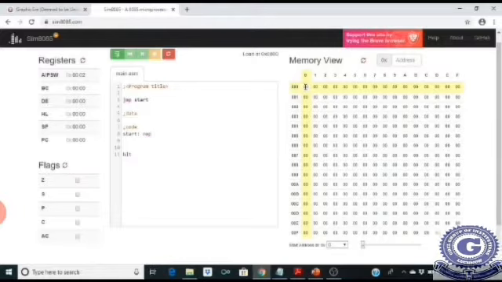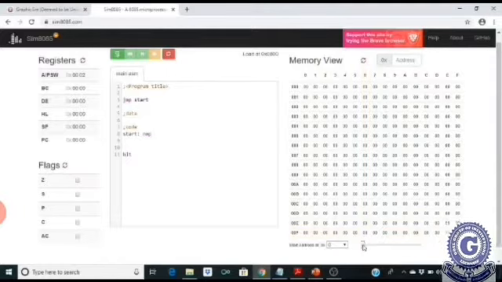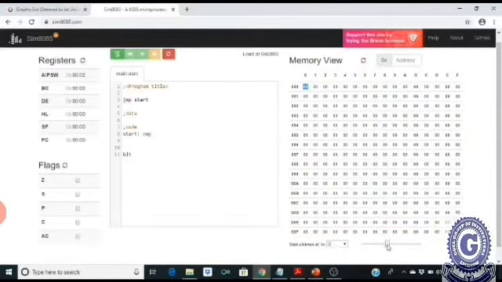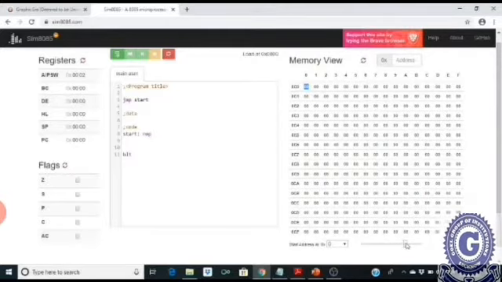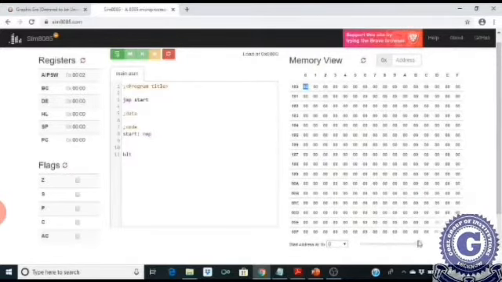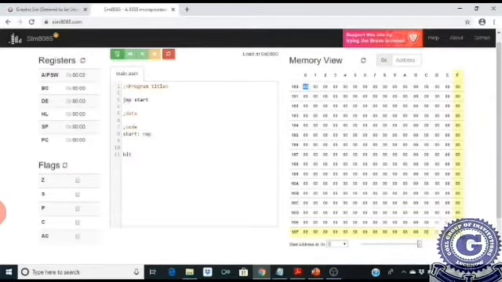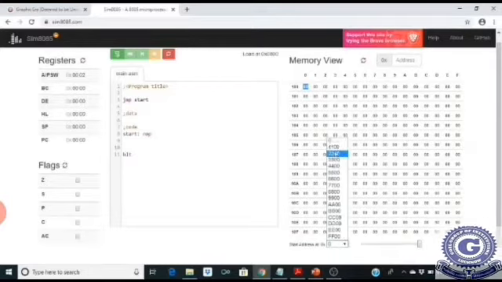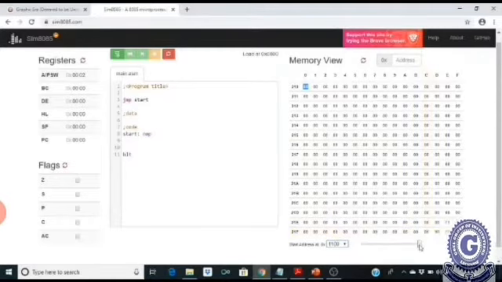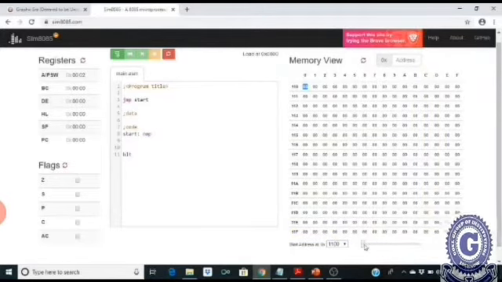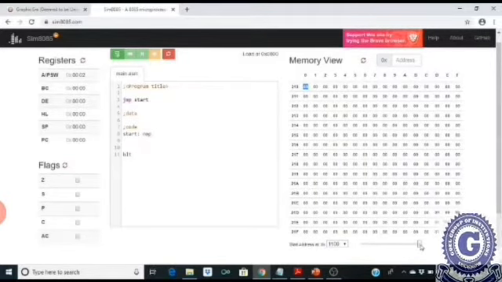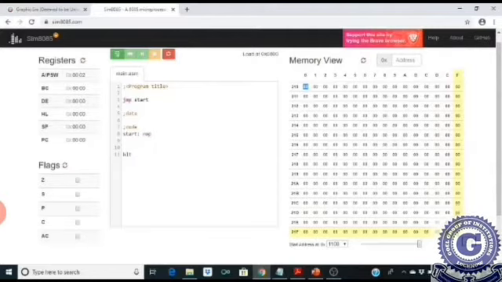And if you want to see other locations, you will scroll horizontally, then you will get values like 10, up to 10ff. Now if you want to see beyond this, you will go to 1100, and it will go from 1100 to 21ff. In this way you can use this memory view.